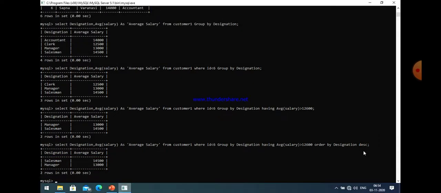Now that is the output. You can easily see that data of salesman comes first, and then data of sales manager comes just after that. So you can easily see here. Now that is the most important